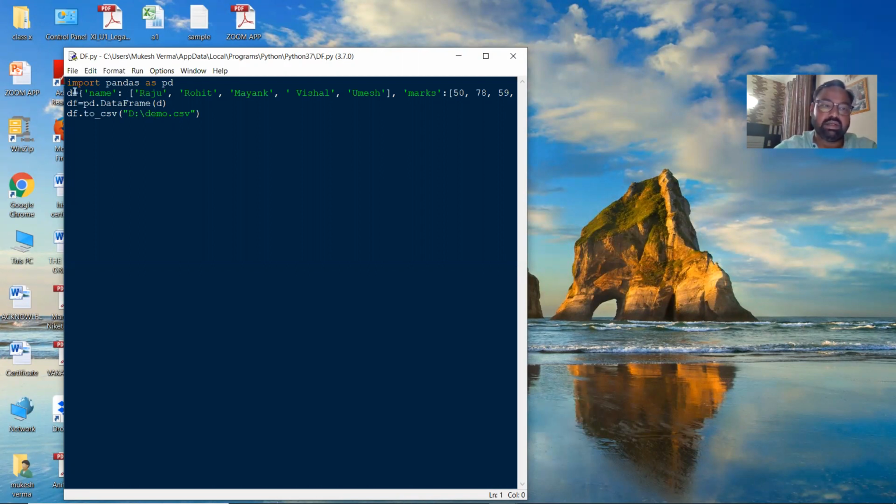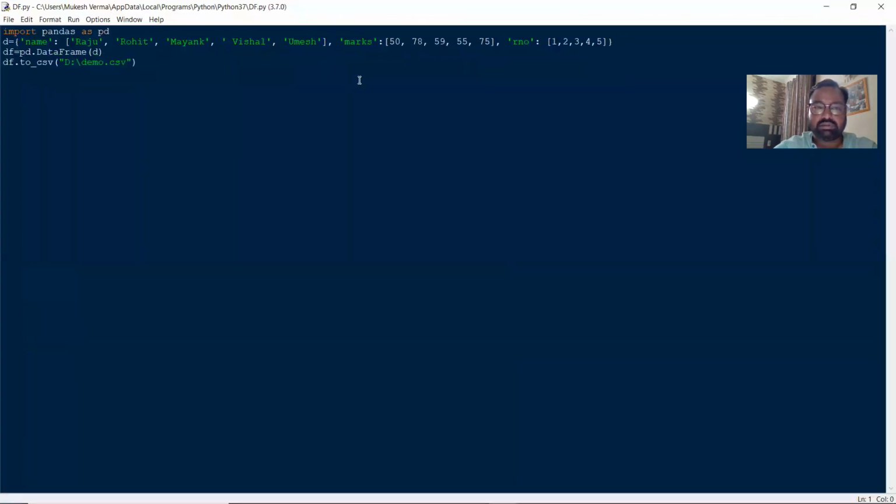Import pandas as pd. Then I have taken a dictionary, and this is the structure of the dictionary. Now df equals pd.DataFrame with the help of the dictionary d, then df.to_csv. This is the complete path of the file into which I have to export the data.